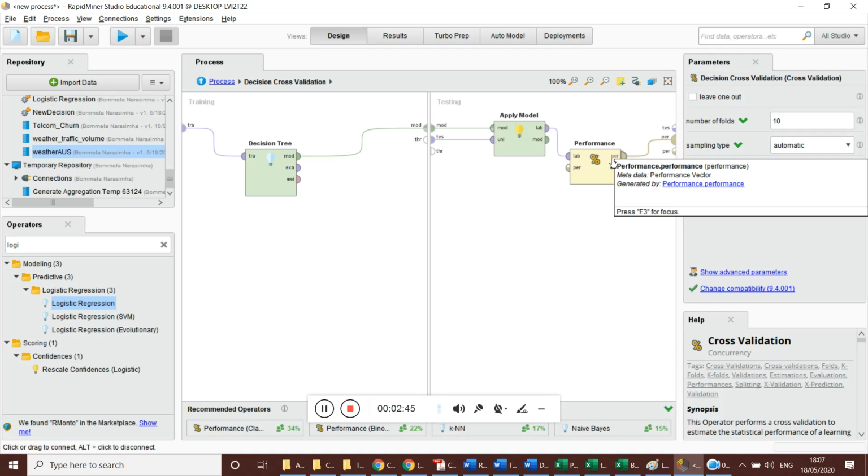For example, if the accuracy of the decision tree model is high, then we go with the decision tree model to use for our application, and we make our decisions based on the decision trees to predict whether it is going to rain tomorrow or not. Okay, so the ultimate objective is to predict whether it is going to rain tomorrow or not. For that, the type of decision model you are going to use will be decided based on the results of the cross validation tool.